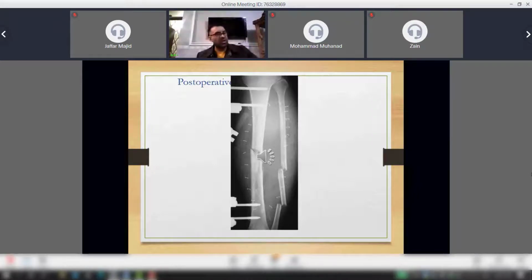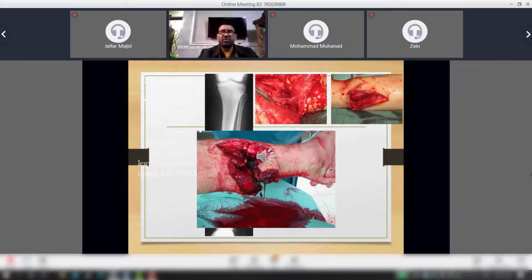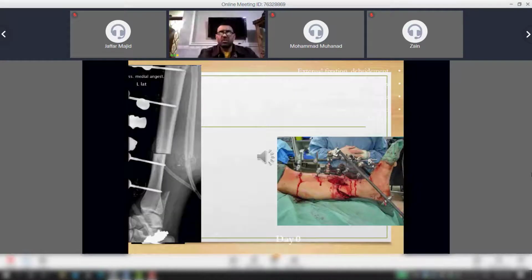For a contaminated fracture, once I ask you how you can deal with it or fix it temporarily, you say external fixation. You can see another example of a severe bullet injury, where we have to do debridements and re-debridements, and then closure by systems and even external fixation for the limb.